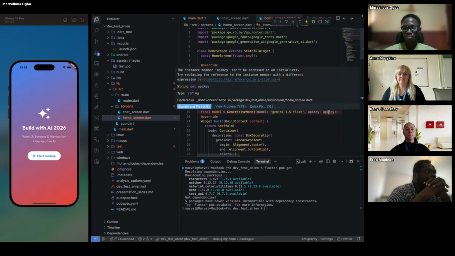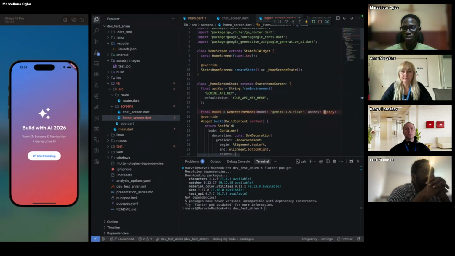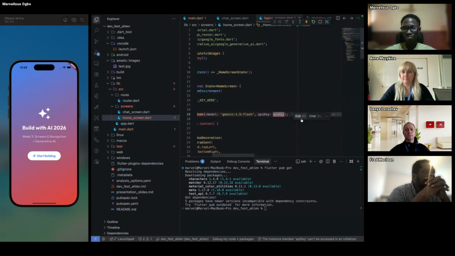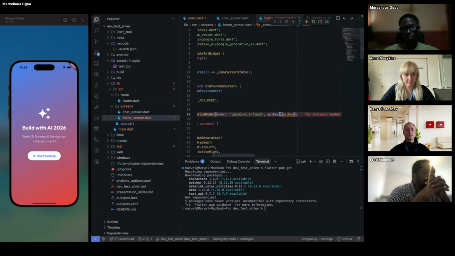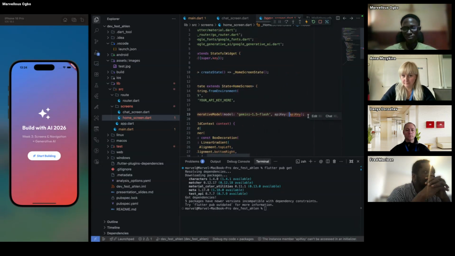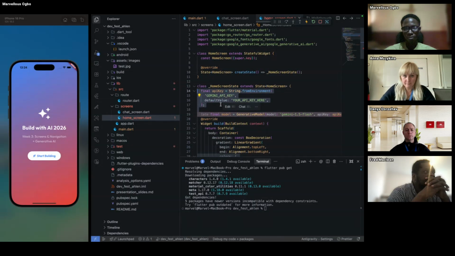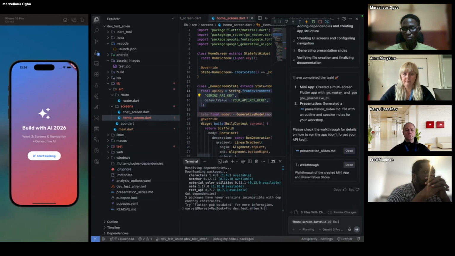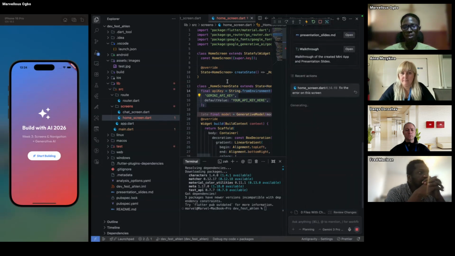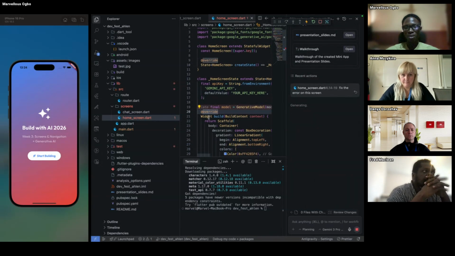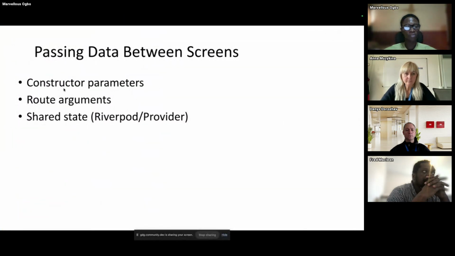Oh, amazing. Okay, let's just quickly fix this with anti-gravity. Oh, come on. Okay, so while it fixes, so this is basically how this works,